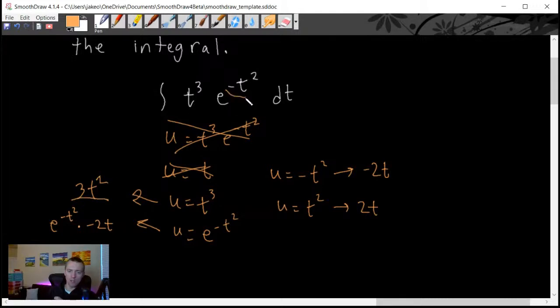We do have a negative t squared right here. So right off the bat, that seems like a decent option. Of course, they differ by a constant. Again, that's fine. We have a negative 1 as our coefficient of this t squared here, and a positive 3 as our coefficient here. Differing by a constant usually is not worth worrying about,